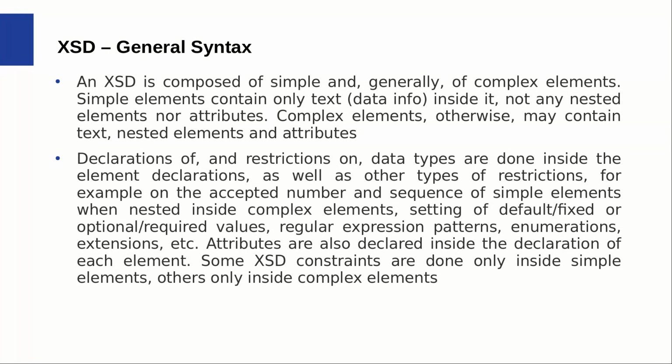Regarding data types, declarations of and restrictions on data types are done inside the element declarations. We'll also see a lot of it later, as well as other types of restrictions, mainly at complex elements. For example, on the accepted number and sequence of simple elements when nested inside complex elements, the setting of default and fixed or optional or required values, regular expression patterns, enumerations, extensions of elements